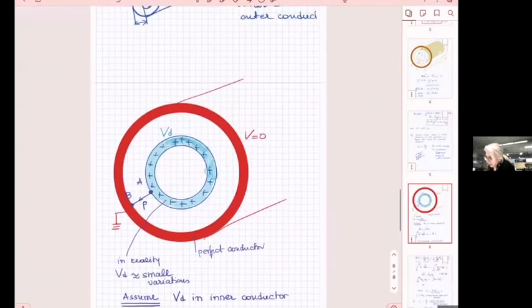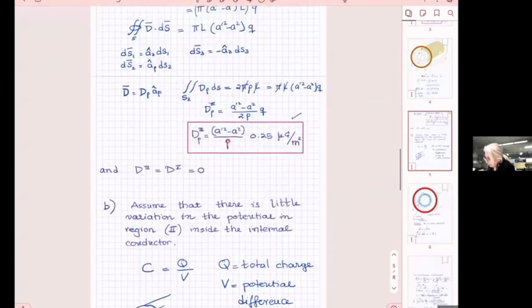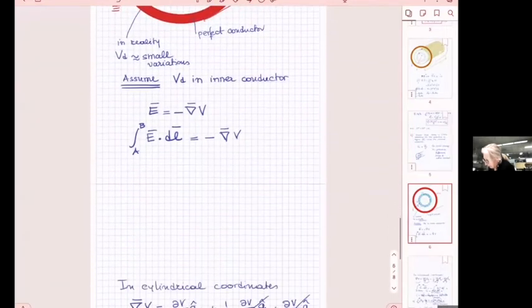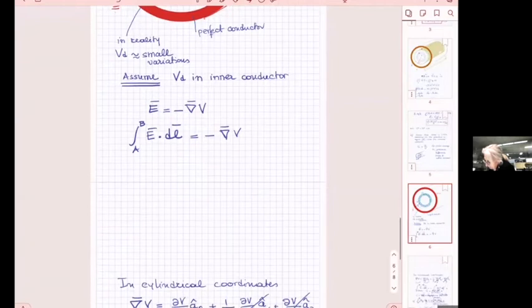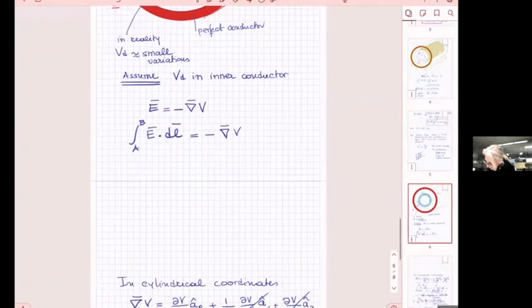Okay? And in fact, I will use this one. This is in region 3. So let me use this formula. I will put a constant, though, in terms of the 0.25, a prime square minus a square, and so forth. I will use a constant there. And I will have that E,